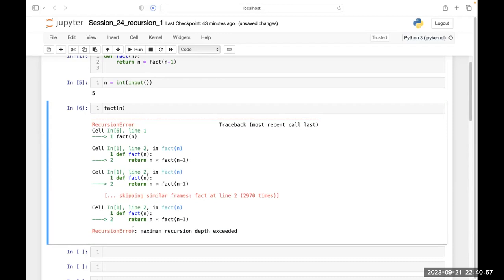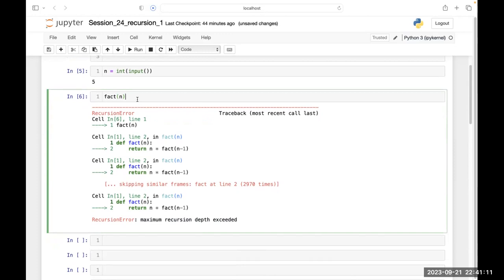In my system, it is approximately 1500 something, like 1558. It may vary in your system, but approximately it's 1000, and you can even change the depth. As soon as the recursion reaches the maximum depth, which is fixed by the system by default, it will give me the error.